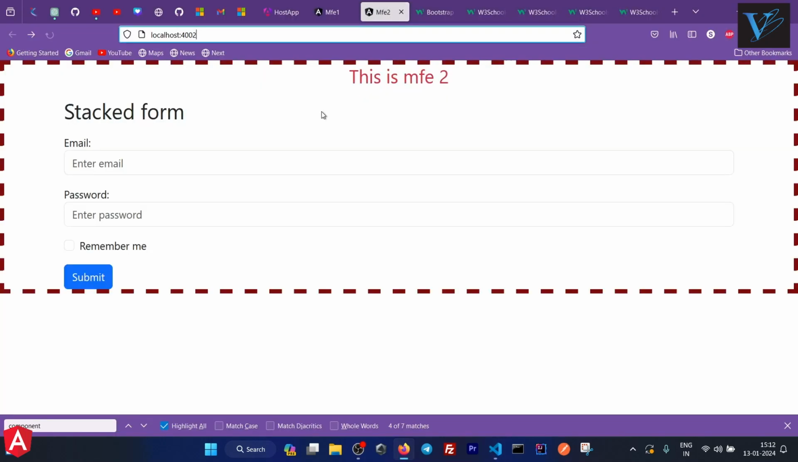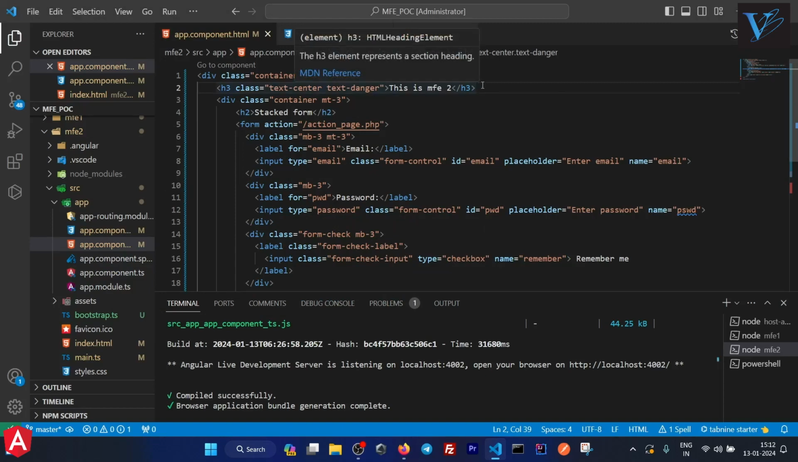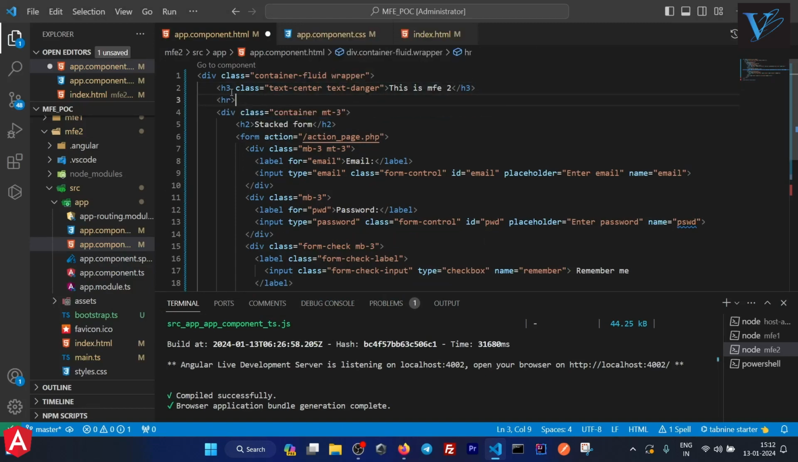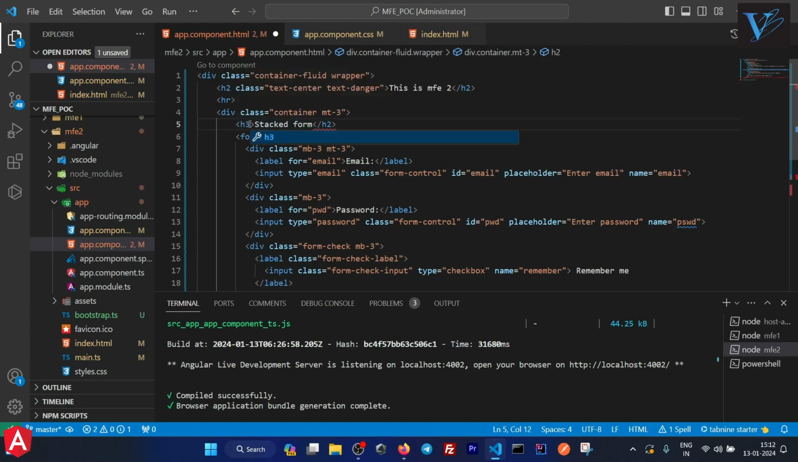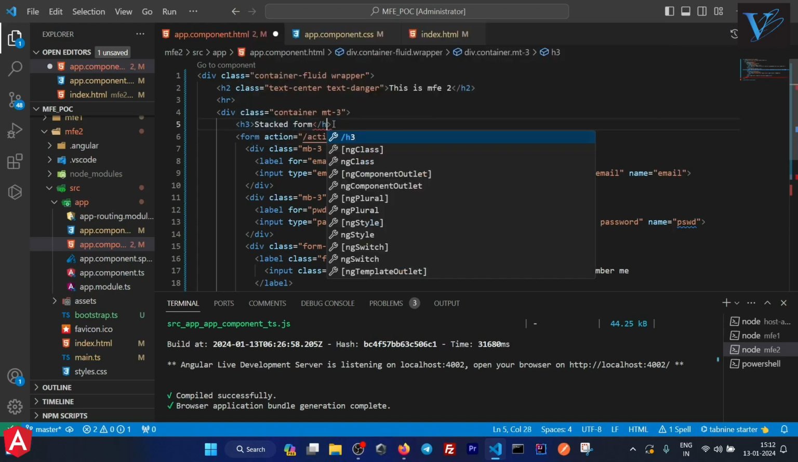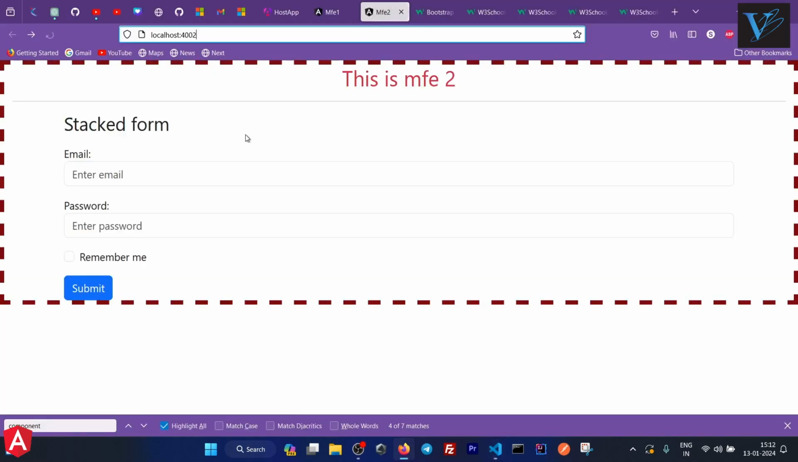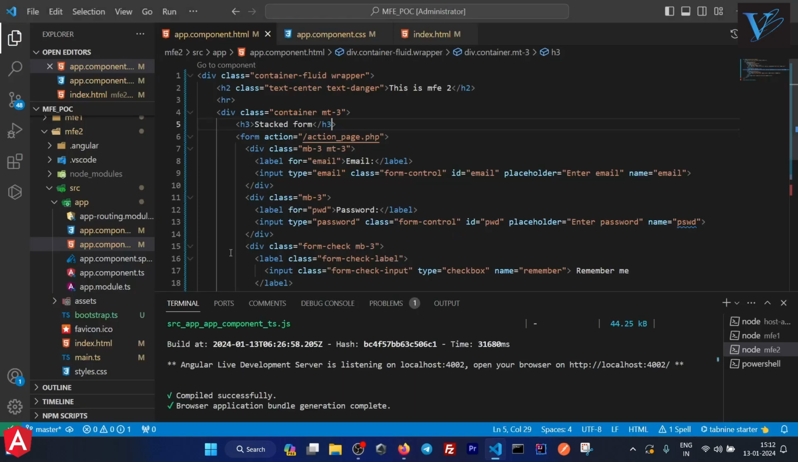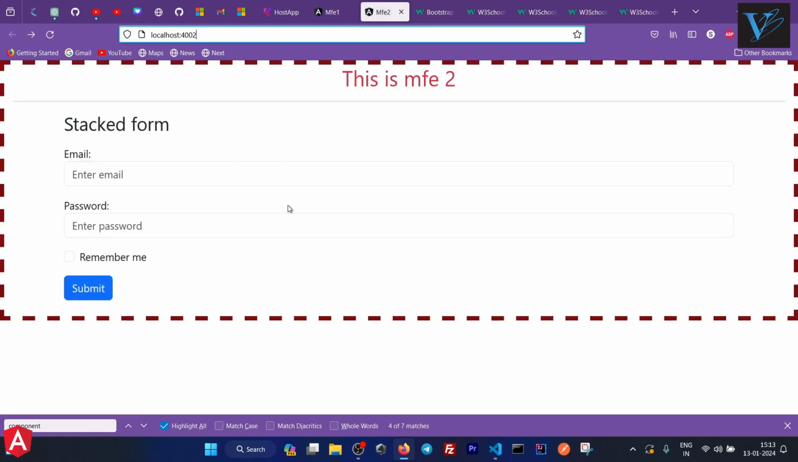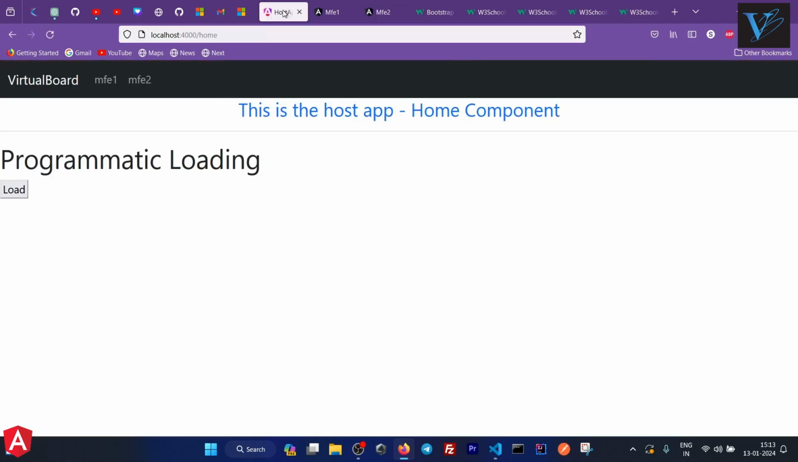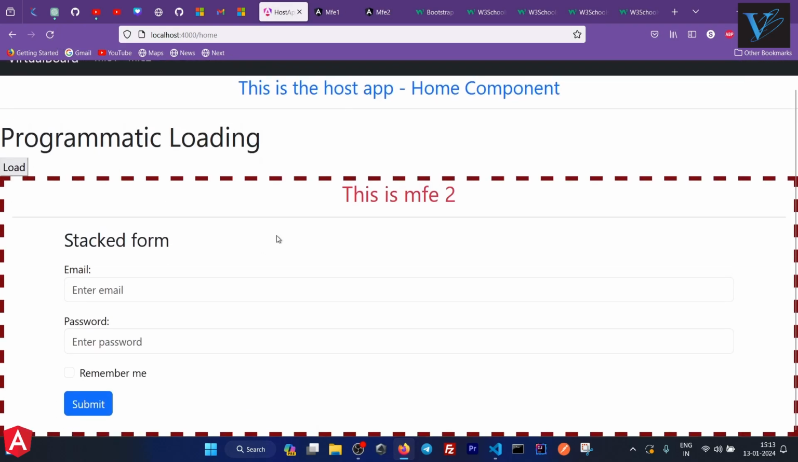Let me make it text-danger, and we can write HR here, and let me make it H2 and this as H3. Save this, and now you can see that we have a form here. And let me add a BR tag here. Now this looks quite good compared to before. Now refresh this page, and whenever I click on the load button, this form loads here. Okay,